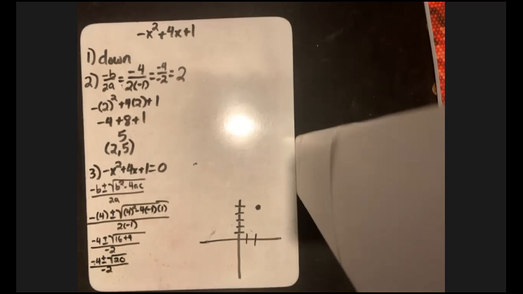Now, because I'm going to a graph space with this, I'm not going to try and simplify this to get something like negative 2 plus and minus the square root of 5. I'm not going to deal with all that kind of stuff. So I'm going to do negative 4 plus the square root of 20 over negative 2, and then negative 4 minus the square root of 20 over negative 2. And we're going to wind up getting